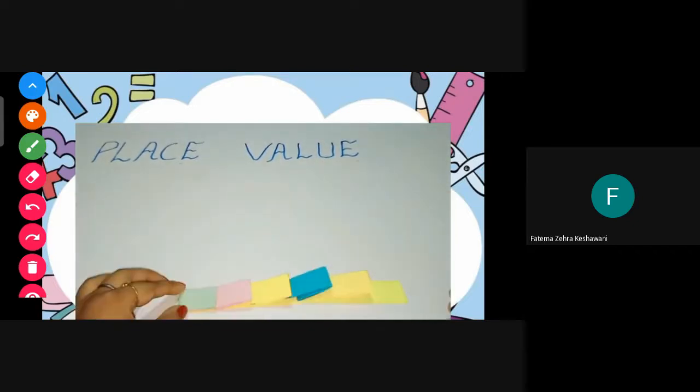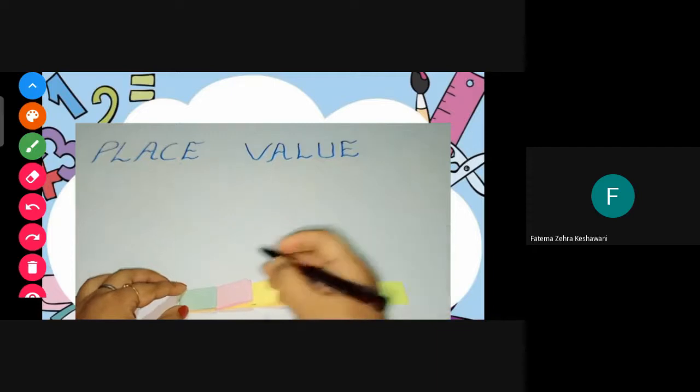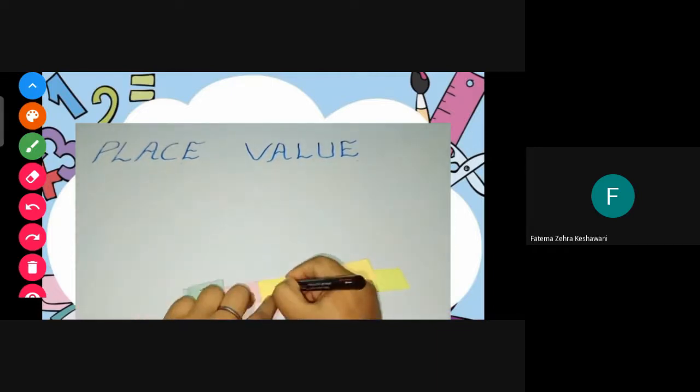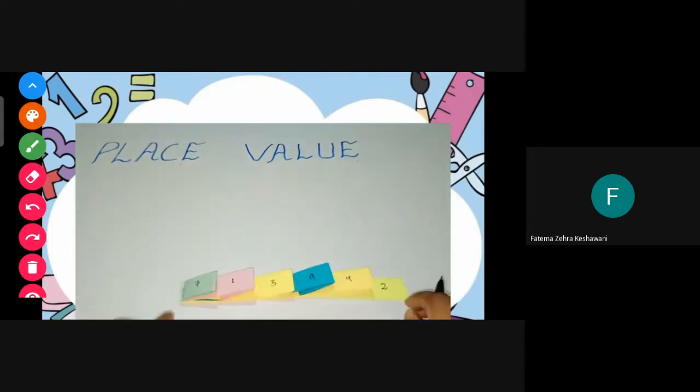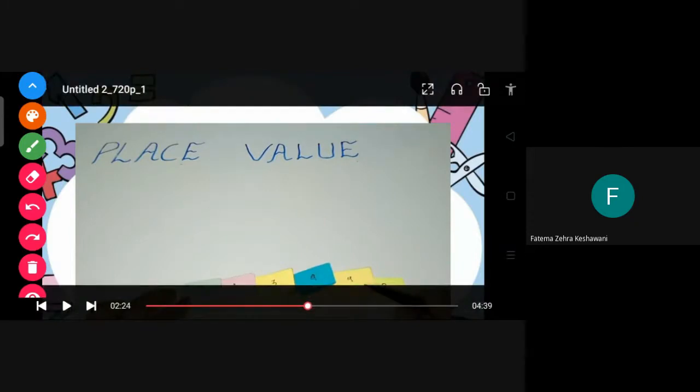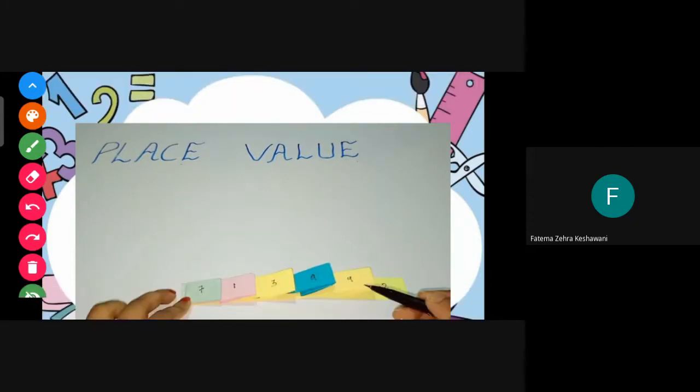And then here you can write any number, a 6-digit number. One digit here, another digit here, another digit here, this way. You can see 6 strips: first, second, third, fourth, fifth, and sixth. That's why we will write a 6-digit number, 1 digit on each strip. One digit per strip.